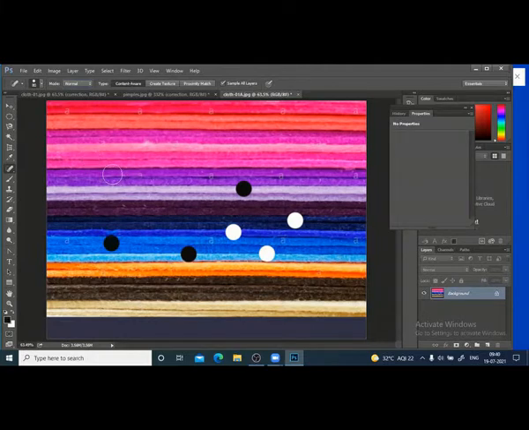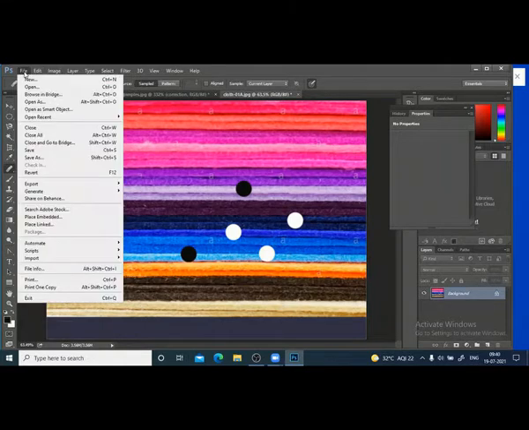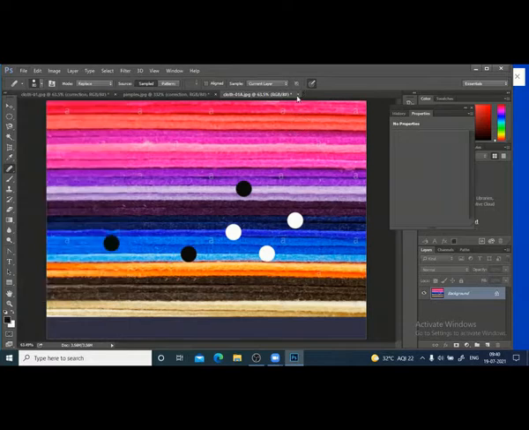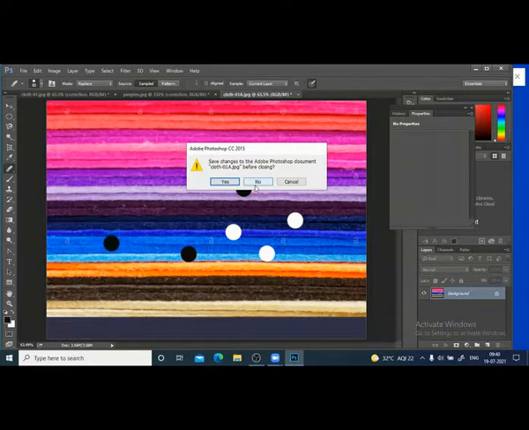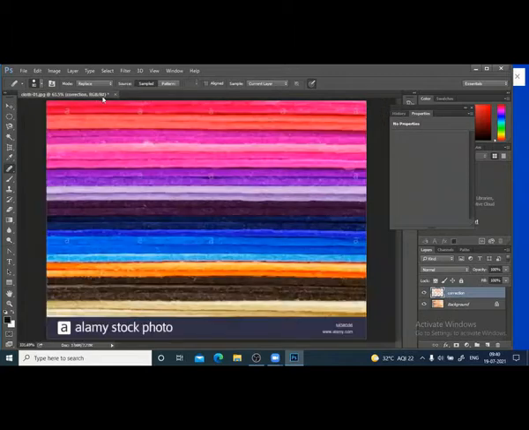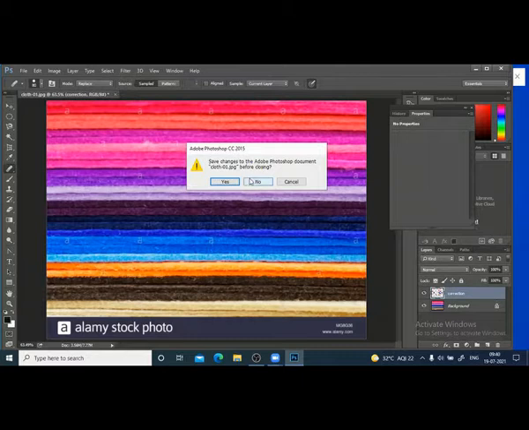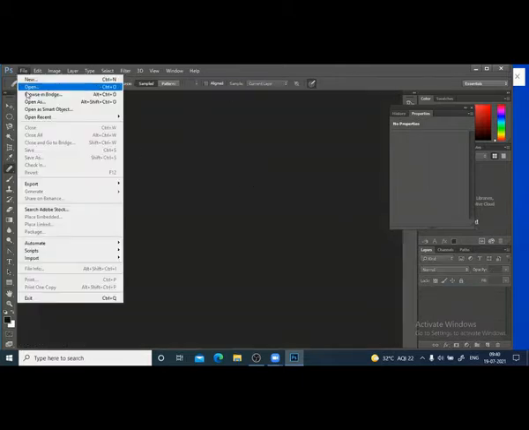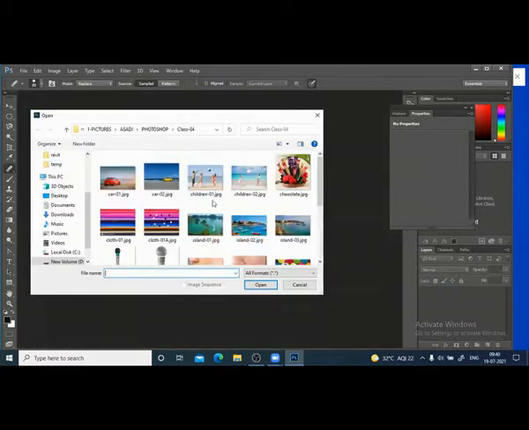Now let us move on to the next one, which is the healing brush tool. Healing brush tool. So let me open another image. Open.